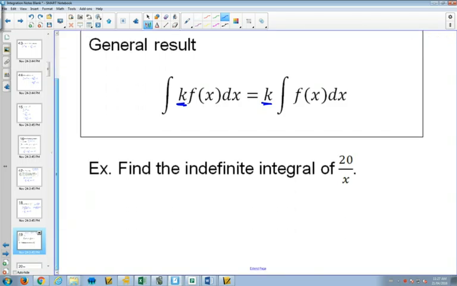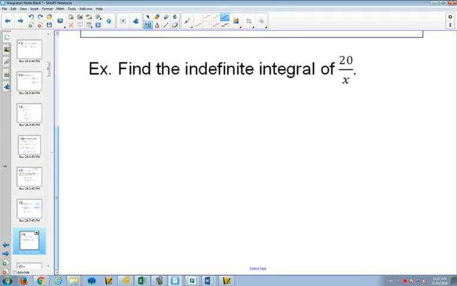So for this one, we're going to start with what you would probably want to do. And then we're going to run into a problem. Okay? So this is probably, I'm just guessing this is maybe what you want to do. You change that to a power, so you get x to the minus 1 dx. And then you want to add 1 to the exponent,